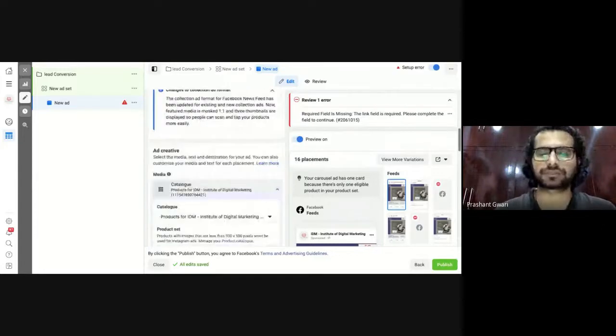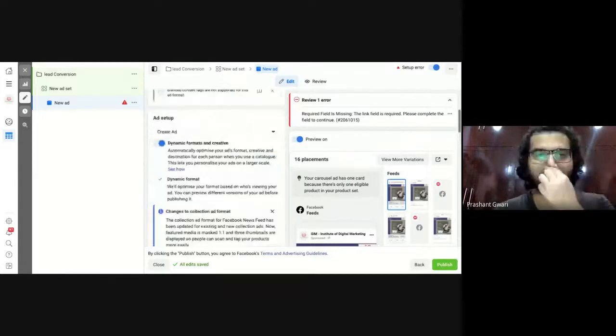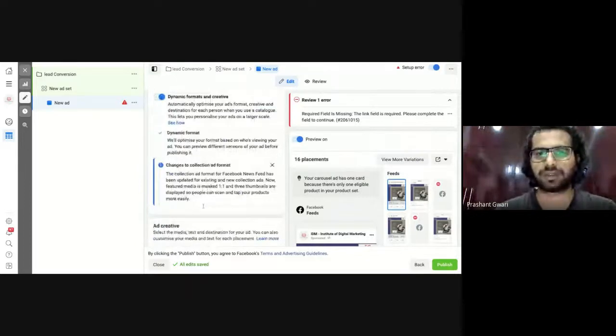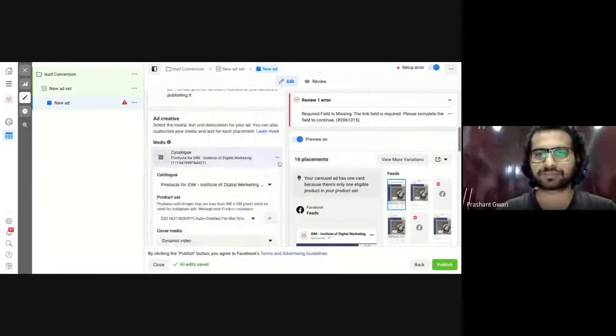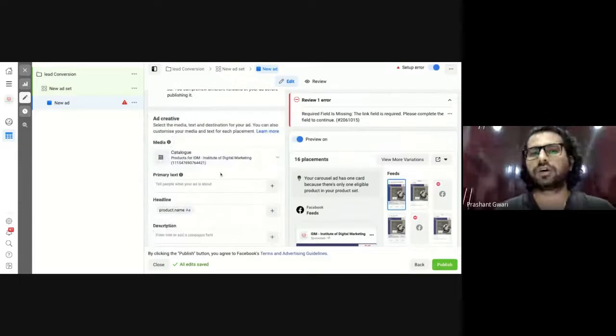So there are a few options here. First option, let me cross it first, is the catalog option. The conversion advertisements are of two types. One type is catalog type, the second type is website conversion. What is catalog type? If you go to your Facebook page or Instagram business account, you will find a shop section there. In that shop section, you can upload your products, and you can divide and customize those products into different collections or catalogs.